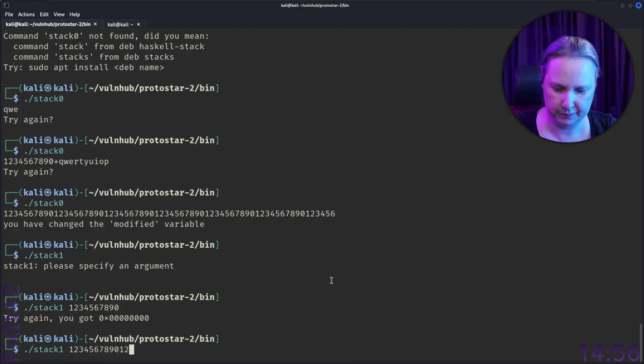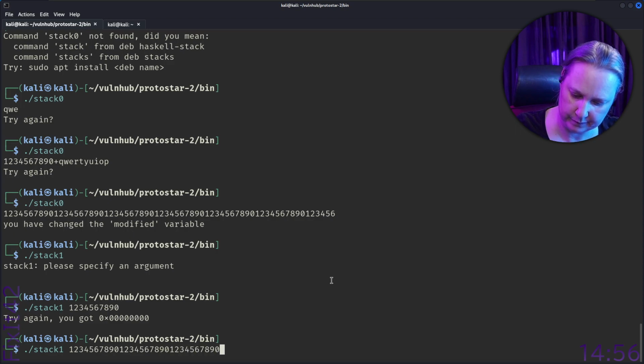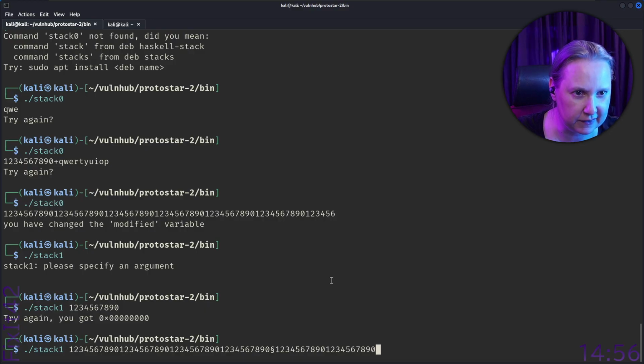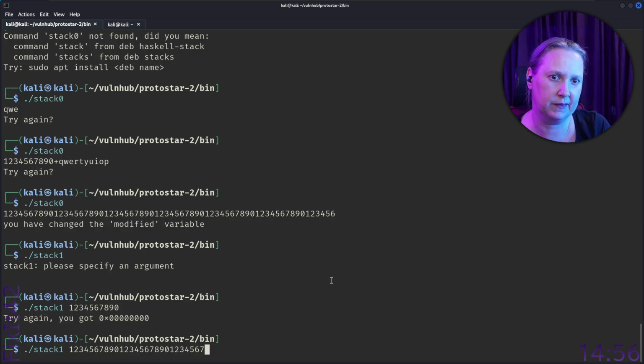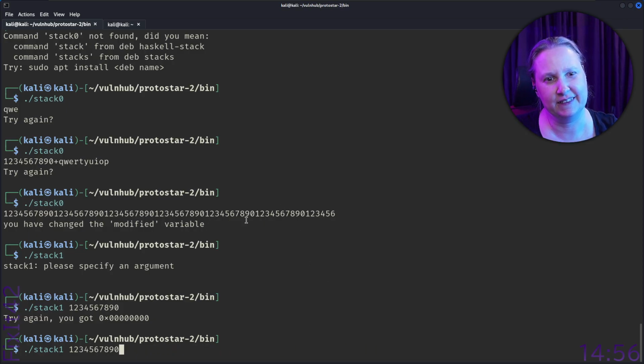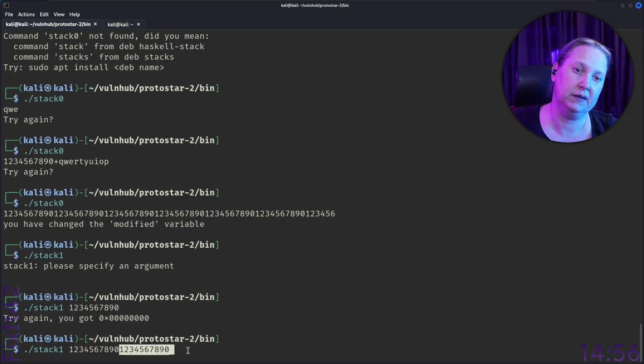Do you think this is exact enough? 1, 2, 3. No, I got extra characters in there. So let's 1, 2, 3, 4, 5, 6, 7, 8, 9. Copy this and then just 1, 2, 3, 4, 5, 6.